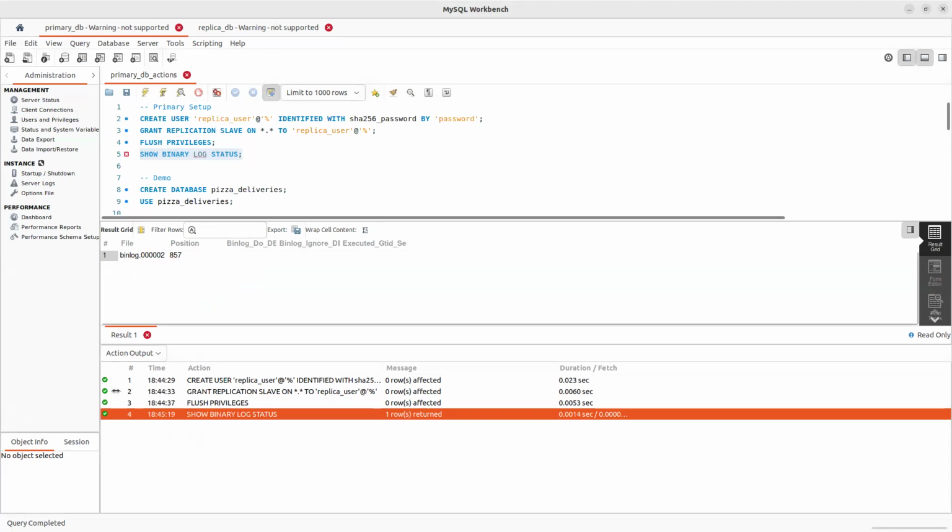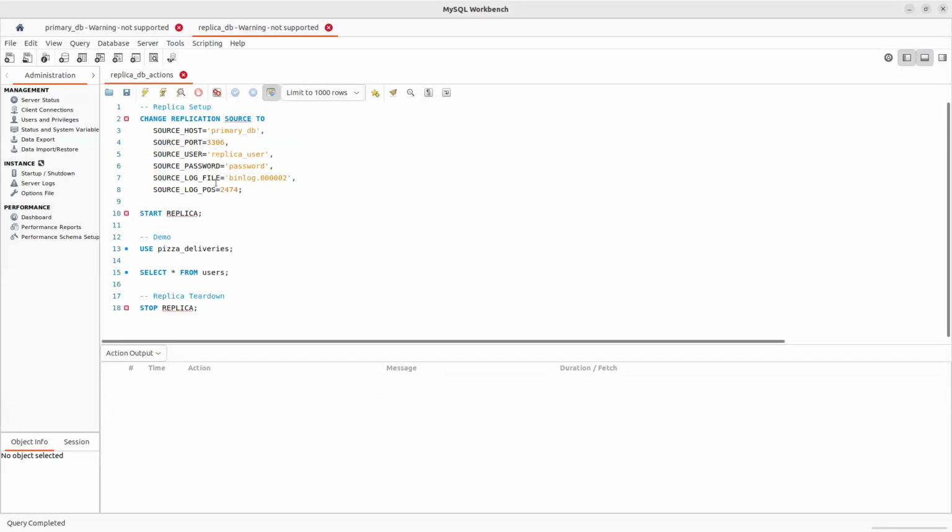And this is probably based off of all write activity. So like we just turned on the database, we created a user, we did flush privileges and all that. So that probably contributes to the latest position. So the log file is correct here. I'm going to change the position to 857, and we'll go ahead and